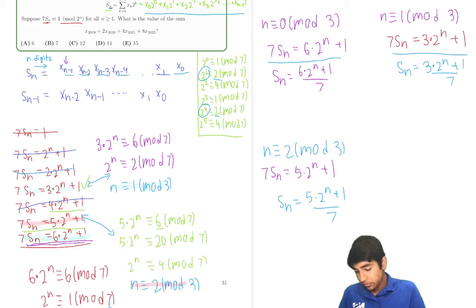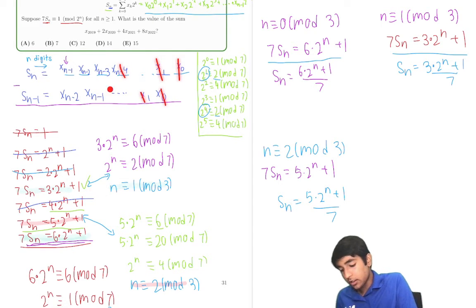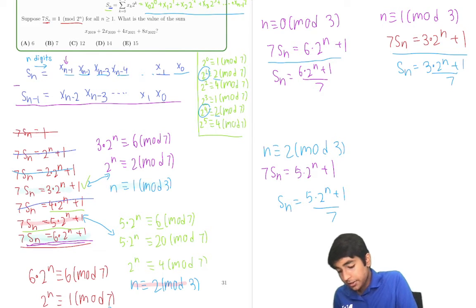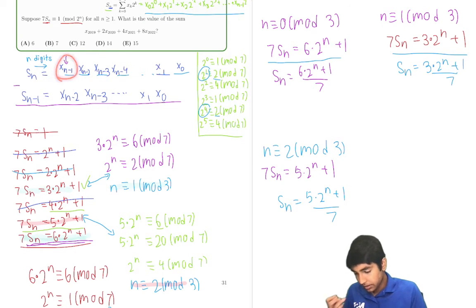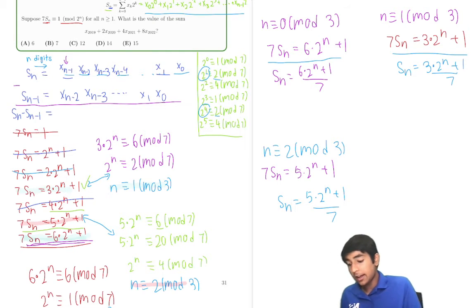So, what happens when we subtract them? The key thing here is when we subtract them, almost all the terms cancel out. X of 0 cancels out, x of 1 cancels out, and so on. X of n minus 3 cancels out, x of n minus 2 cancels out. The only thing left is this digit here, x of n minus 1. So we have s of n minus s of n minus 1 equals this digit x of n minus 1